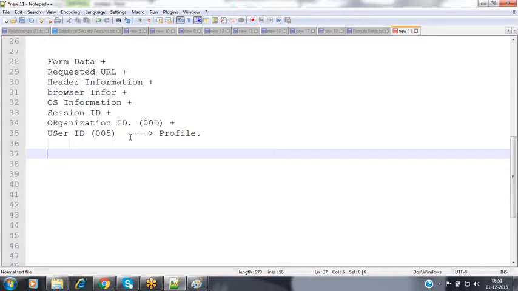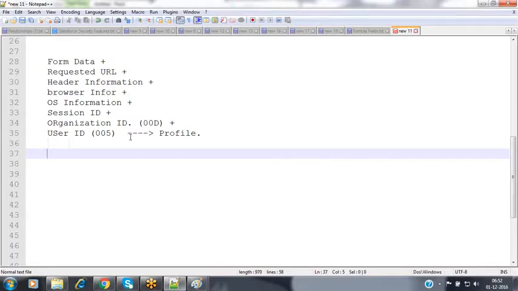Now, where exactly will the profile be available? Profile is available inside the platform. Each and every user request has to pass through the platform, because the platform is the place where the whole Salesforce application and the database reside. So whenever you make a request to insert a record, to modify a record, or to retrieve a record, each and every request has to pass through the platform.